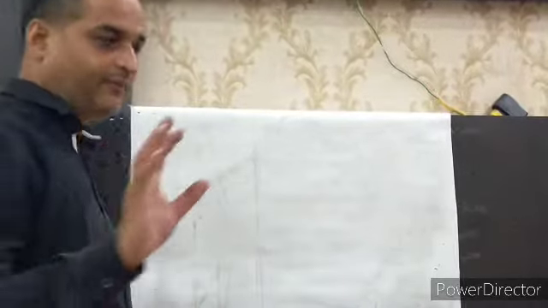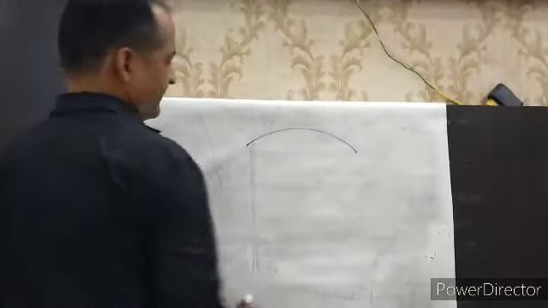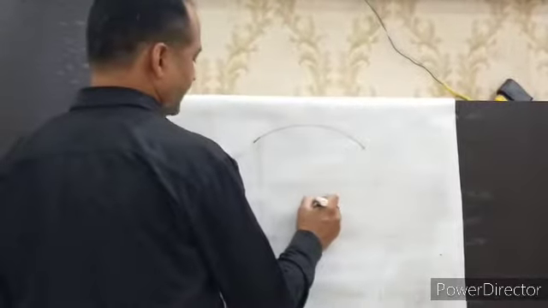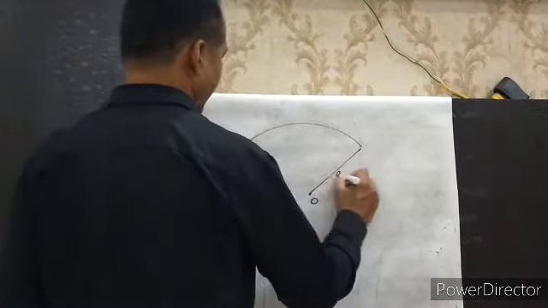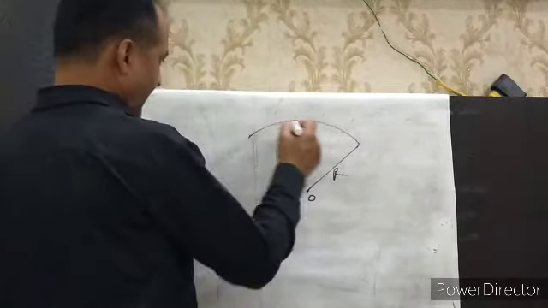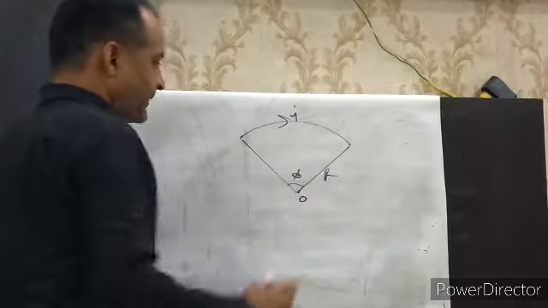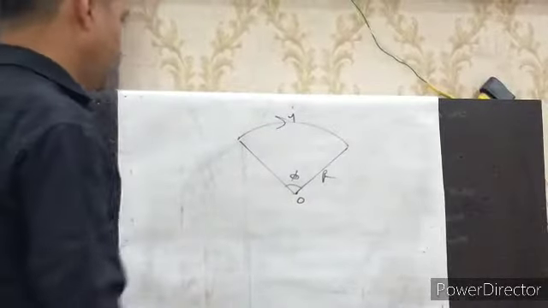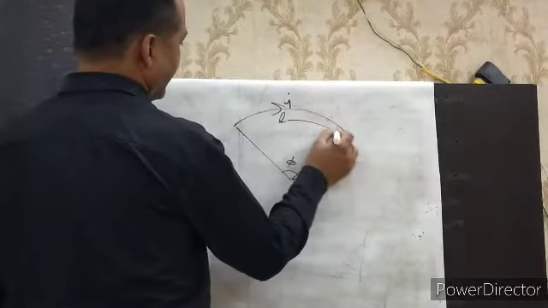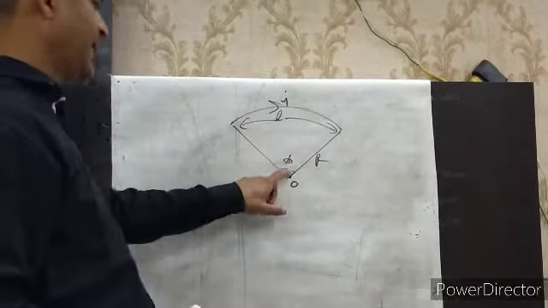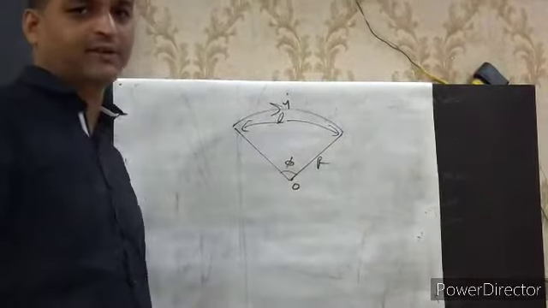Now, listen, this is not in our syllabus, but this is very important for the numerical problems. If you understand this, then only you can solve the numericals, otherwise there will be problems with you. And what is that? Suppose we have a circular arc, and this is the center of the arc O, and this is the radius of the arc R. Clear? Then what is the magnetic field at the center due to this arc of length L, making angle phi at the center?